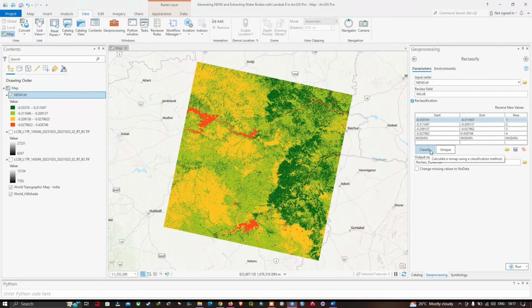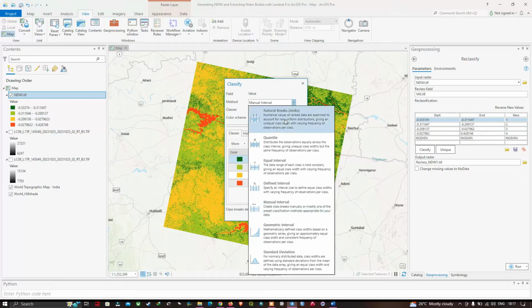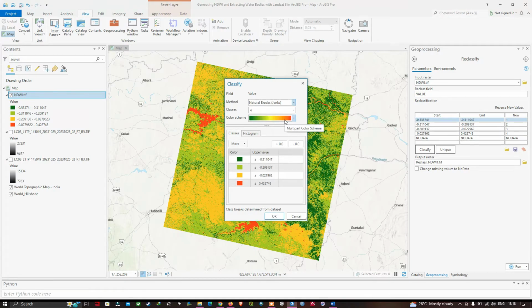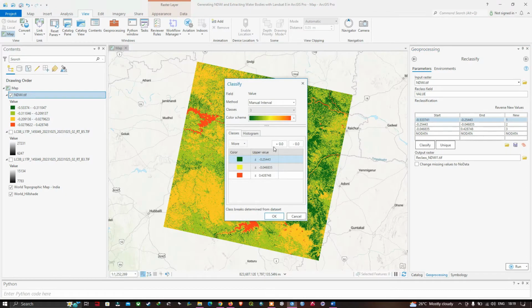And now here you can visualize. We're gonna select the method. We're gonna select natural breaks, and in that we're gonna select the number of classes to be 3 classes, and we're gonna click OK. And now here we have our negative value. Now let us remove this classify, and in that you can see the middle value here. The middle value we're gonna make some changes to. I'm gonna enter 0,